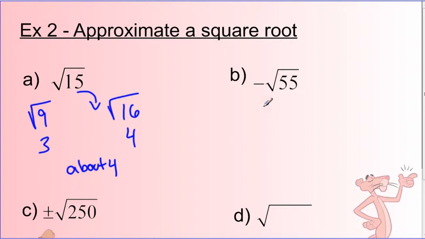Same thing for letter B. What are the perfect squares around 55? Look at your chart. We have square root of 49 less than it, square root of 64 more than it, that's 7, that's 8. So where does 55 come into play here? Well, it's about 6 away from here, about 9 away from there, so we'd say it's a little bit closer to the 7. So we'd say it's about